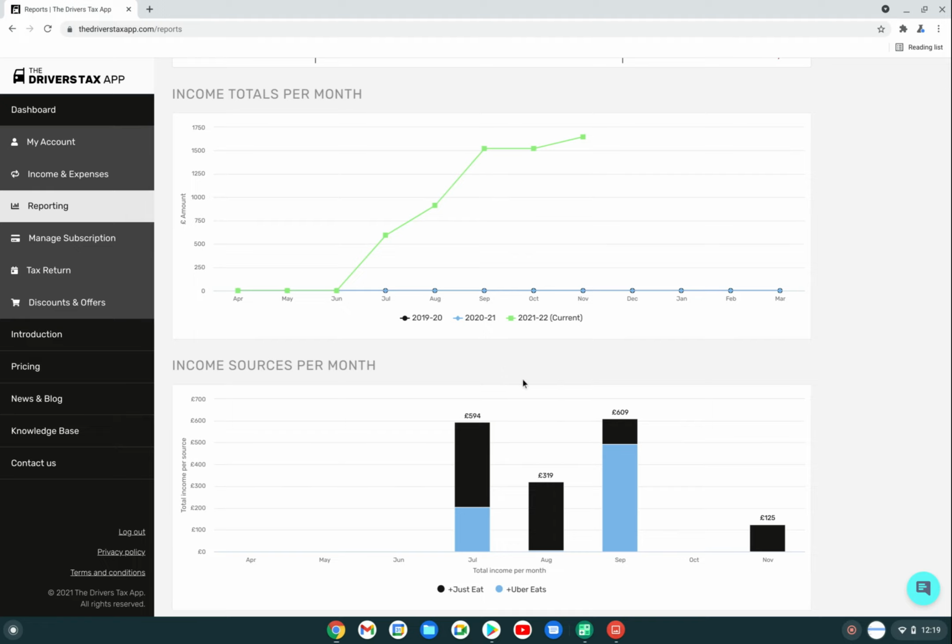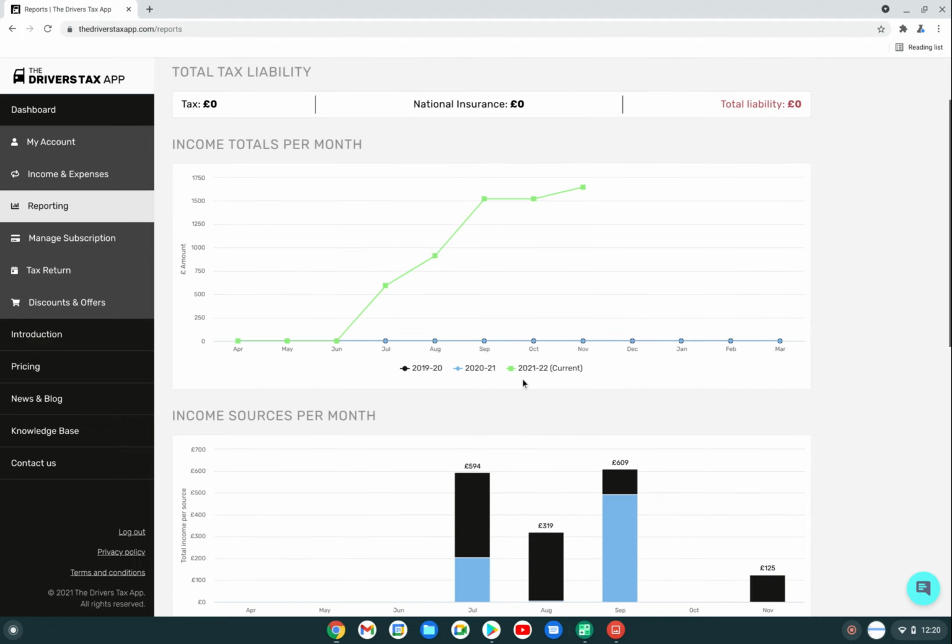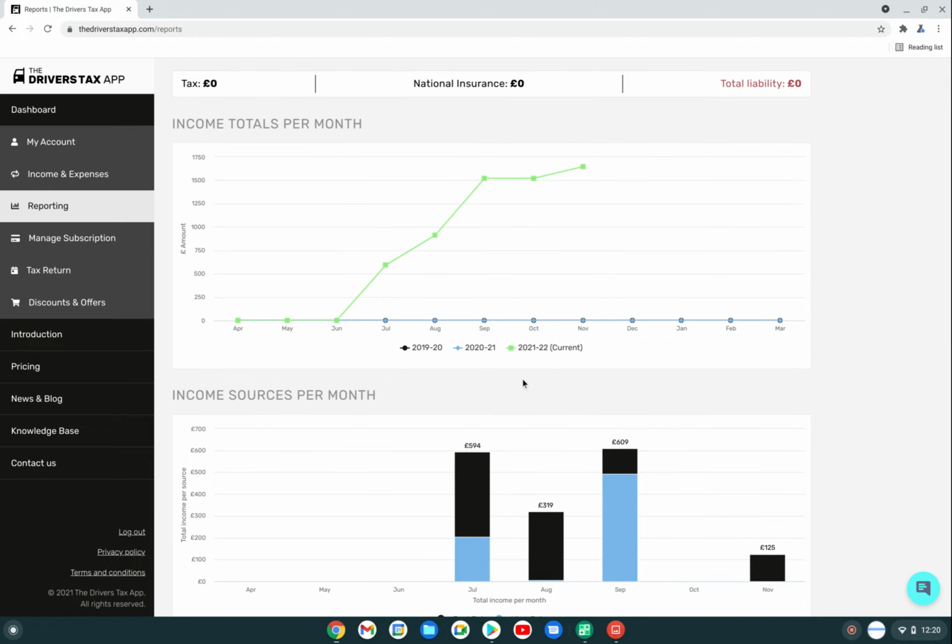Like I say, it was just one of a number of different things I do. I probably won't continue to use this software just for driving. I think I would if I was only driving and that was all I was doing for the year, or even for a few months of the year, and it was the only source of income I had, I would probably continue using the software because I do find it really useful. But because the driving aspect is only sort of 2 or 3 months a year and it's only one out of at least half a dozen different income sources I'm currently toying with at the moment,